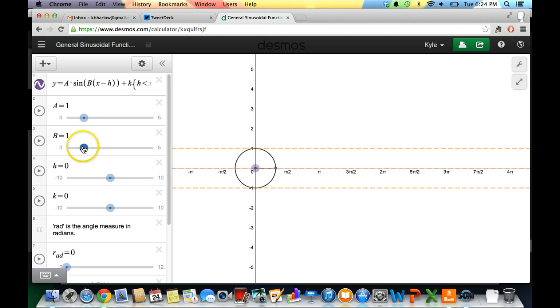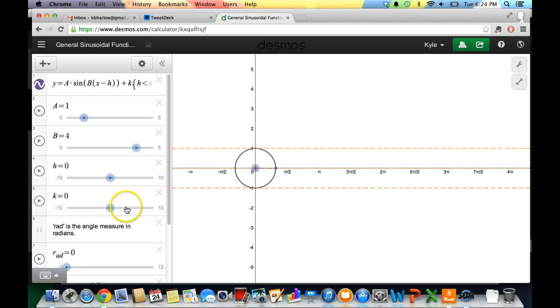What does b change? Well, we might know already that b tells us how many times a full wave, or a full cycle, is going to be completed by the time the graph gets to 2 pi. A lot of students memorize in school that 2 pi divided by b is the period of the function. I like to think of it more as an indicator of how many cycles we get finished from 0 to 2 pi. So if we increase b up to 4,